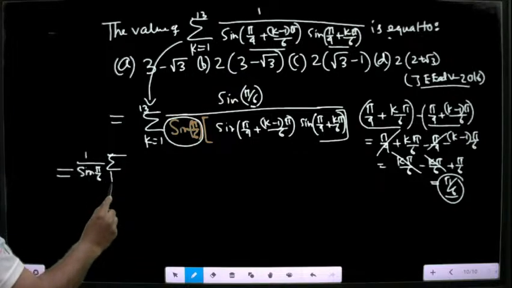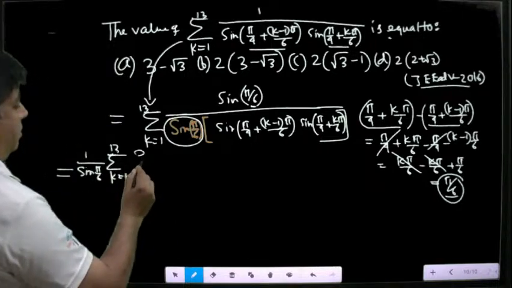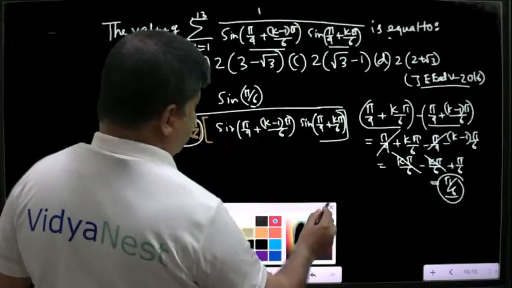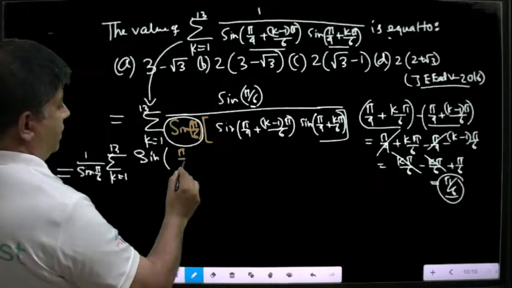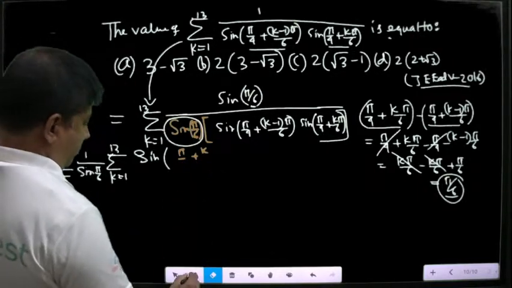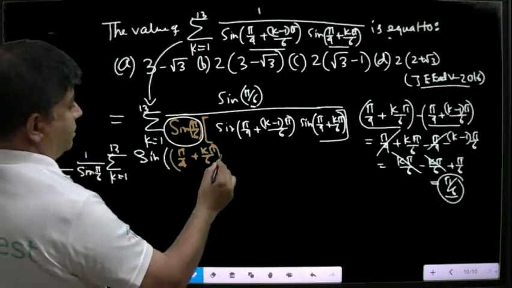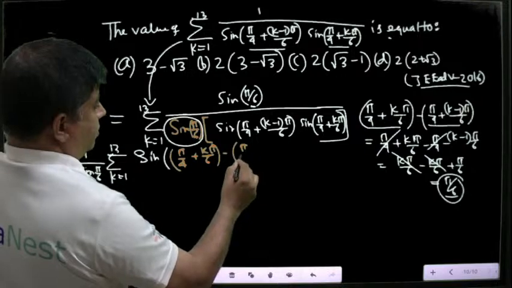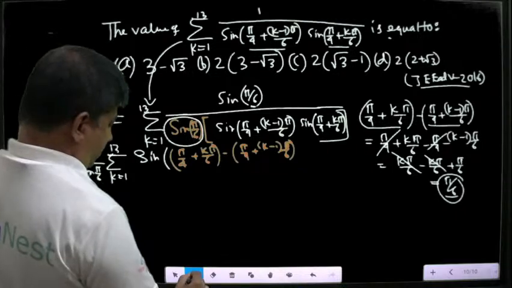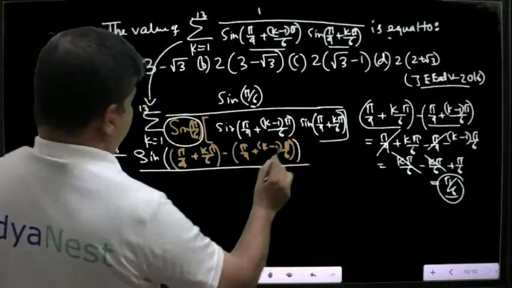And instead of π/6, you write π/4 plus k/6 minus π/4 plus (k-1)/6, and the denominator everything will remain the same।